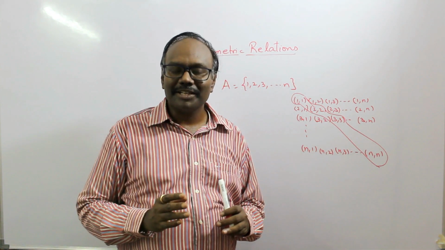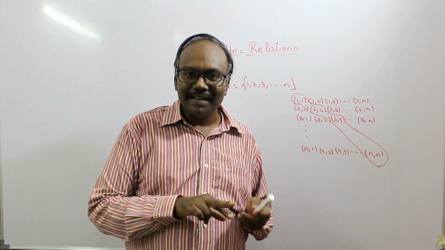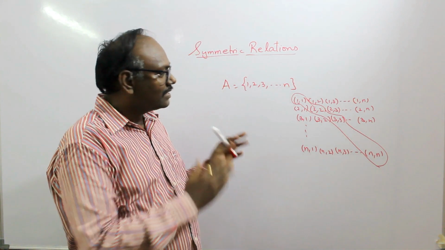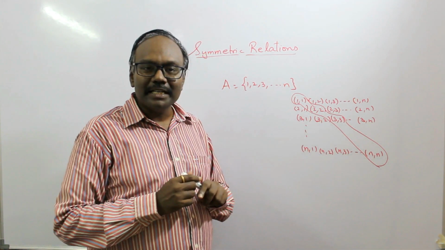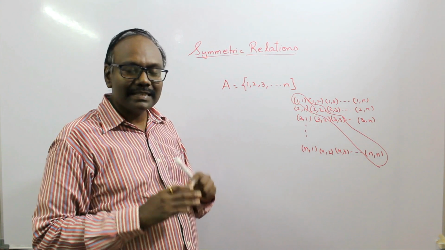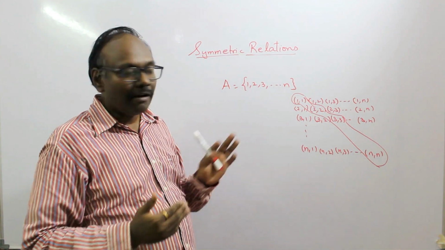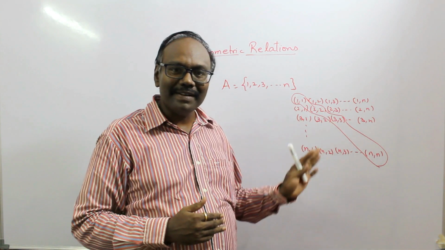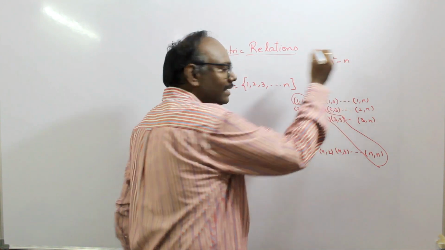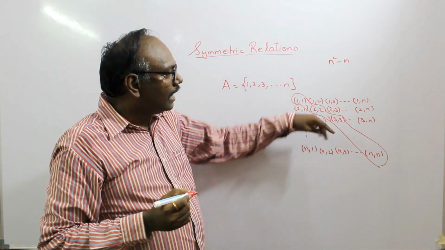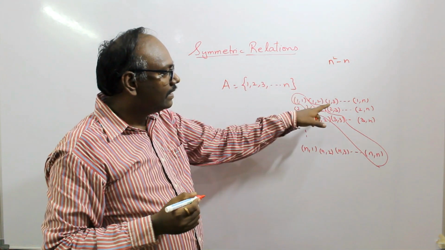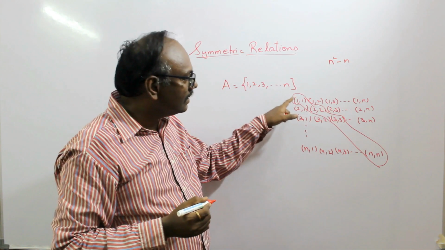Now in a symmetric relation, if 1 comma 1 is present in a relation, then obviously when you swap we get the same 1 comma 1. So we have to consider these n elements which are along the diagonal in the form of doublets. Now apart from these elements, we are still left with the remaining elements. Out of n squared elements there are n doublets, so the remaining elements are n squared minus n. Now these elements are either above this diagonal or below the diagonal. So the total number of ordered pairs other than these doublets is n squared minus n.